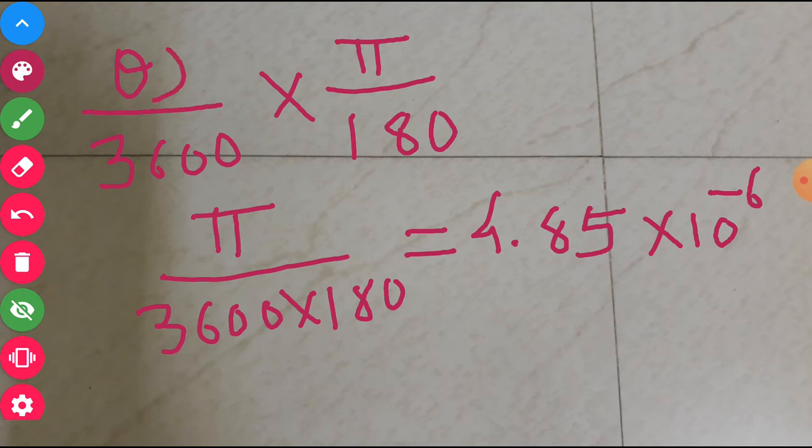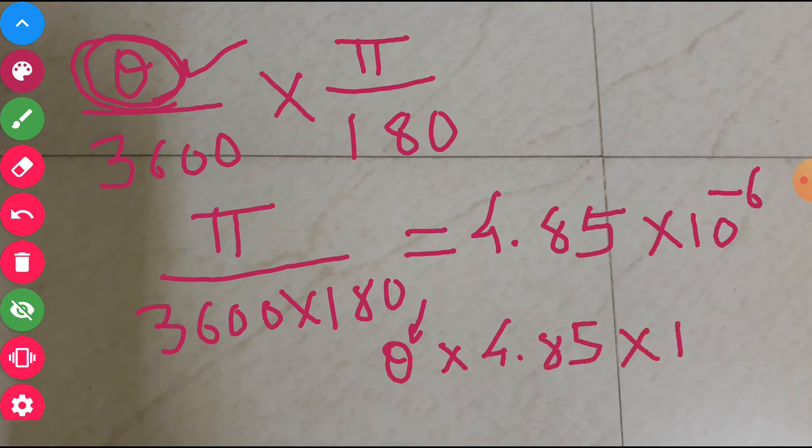So if this angle which is given to you is in seconds, and you want to convert this angle in second to radian, then this angle which is given in second has to be multiplied by 4.85 into 10 to the power minus 6. So this will give you the angle in radian. Okay, so this is the basic thing that you should understand. These are all mathematical things.